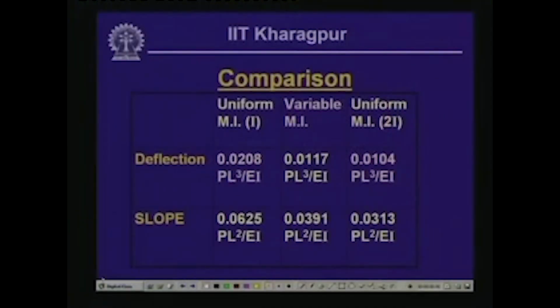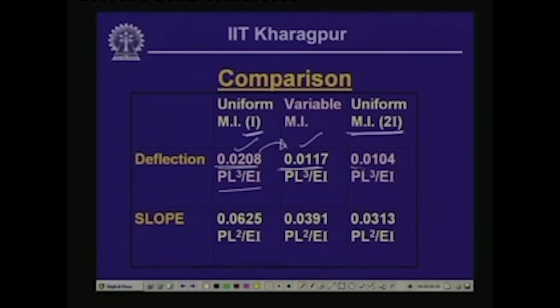Now, if we make the combination of these two, which we have seen right now, and we have seen the maximum value of the deflection, which is 3 PL cube by 256 EI, and consequently we have looked into the value of the slopes. Now, if you make a comparison, you see that the value of the deflection which you get for constant I is 0.0208 PL cube by EI, and in contrast when you have this variable moment of inertia, you have a value of 0.117, a drastic reduction from this to this, and if you have uniform twice